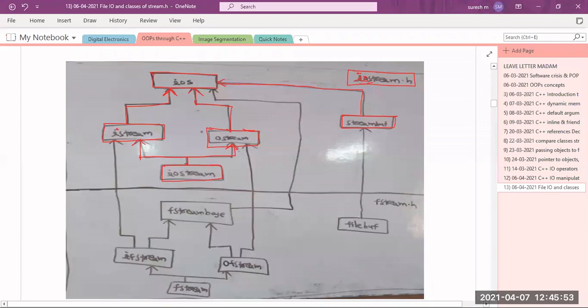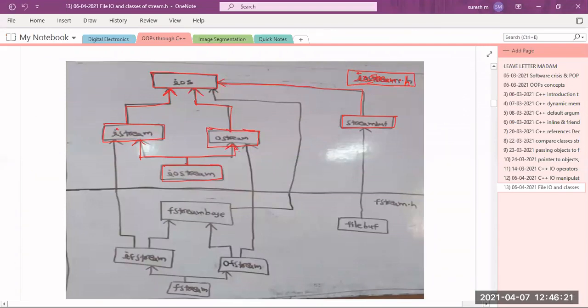And in the same manner, we have all of this in the iostream.h header file. So they may ask a question like, what are the different classes that are there in the iostream.h header file? The classes are the iOS class, iStream class, OStream class, iostream class, and stream buffer class. The stream buffer class is used just to control the streams.